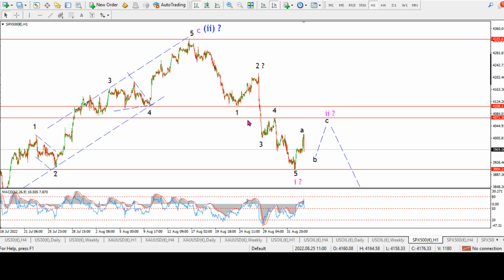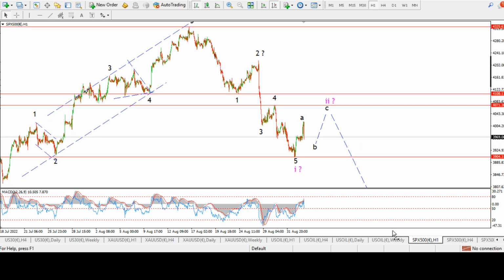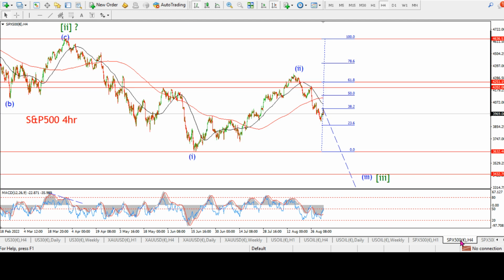Again, we've got that band of resistance between the wave 1 low and the wave 4 high. I call it about 4070 to 4100, so a 30-point band there, and we've got an impulsive move lower, well on its way to being confirmed with a 1-2 pattern. Later on next week I will be looking for an acceleration lower into wave 3 of 3, and when that comes, I think we